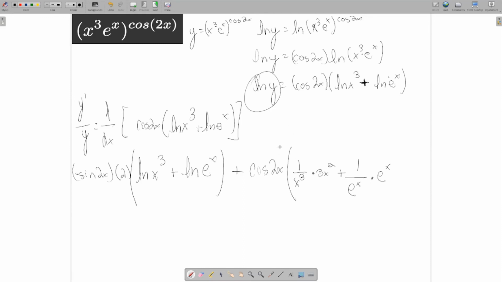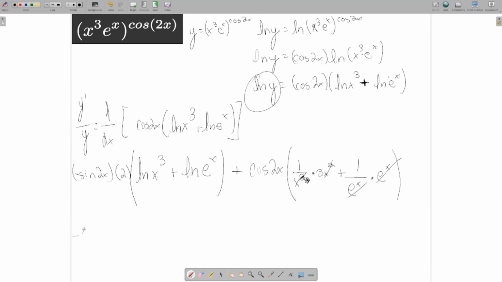Hopefully. So we can multiply natural log 1 over e to the x, multiply by the derivative of e to the x, which is just e to the x. Cancel these out. Cancel these out. Okay. And we get, this is going to be fun,